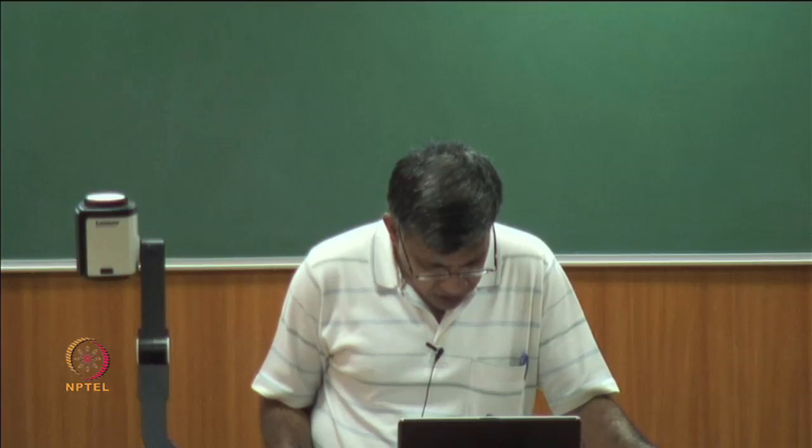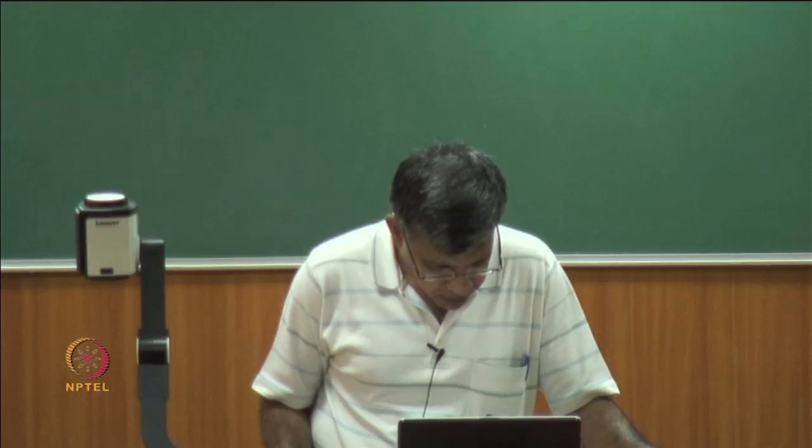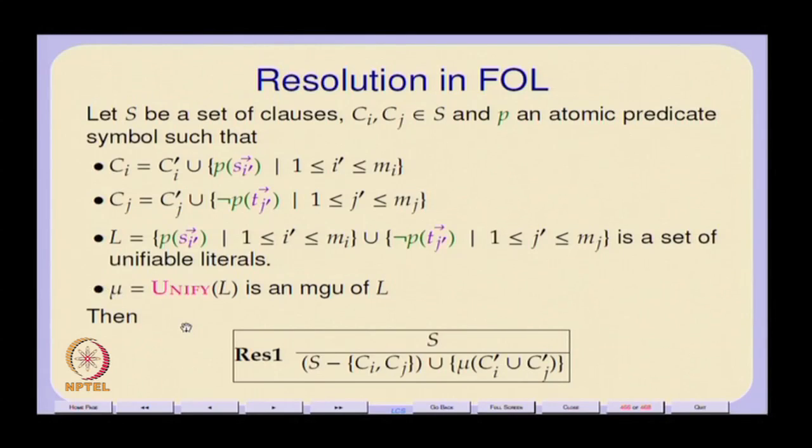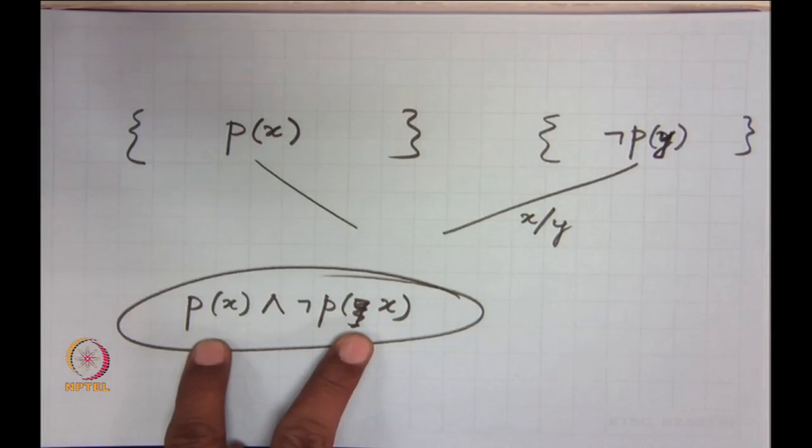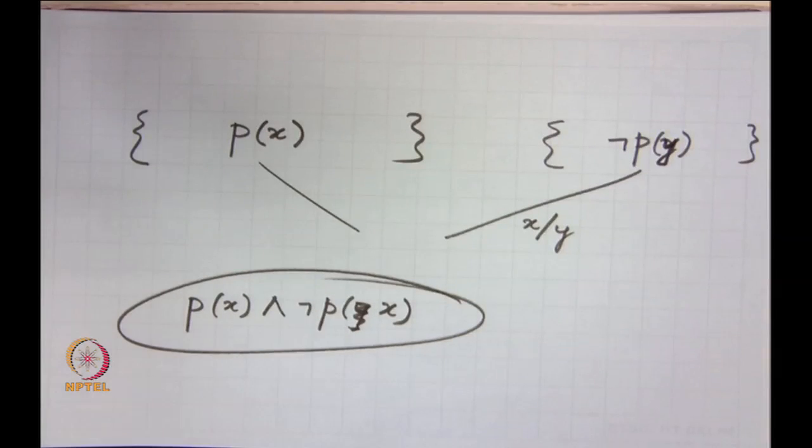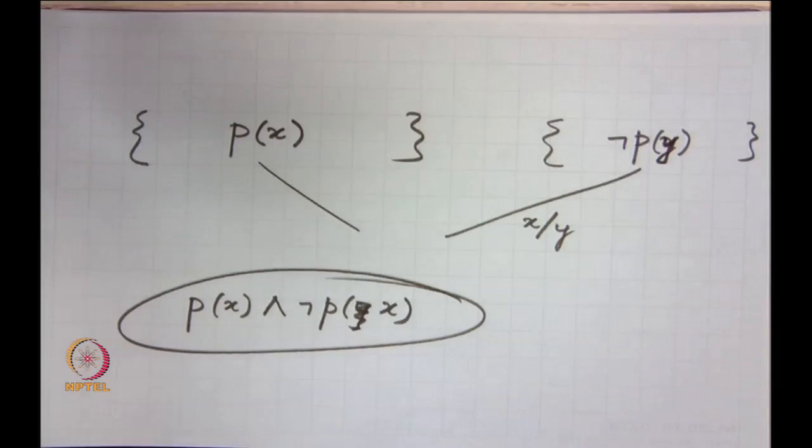We are just using MGUs so that we look for an appropriate place where we can decide that something is a complementary pair, but it is not necessarily a complementary pair of ground instances. If it is not of ground instances, then they are not propositions. If they are ground instances, they are essentially propositions, but these are like propositional forms with variables. So this is like a typical contradiction in propositional logic, but with variables, and this is always going to be a contradiction.